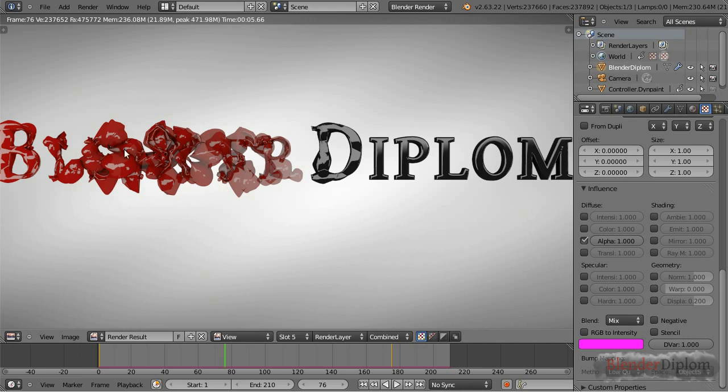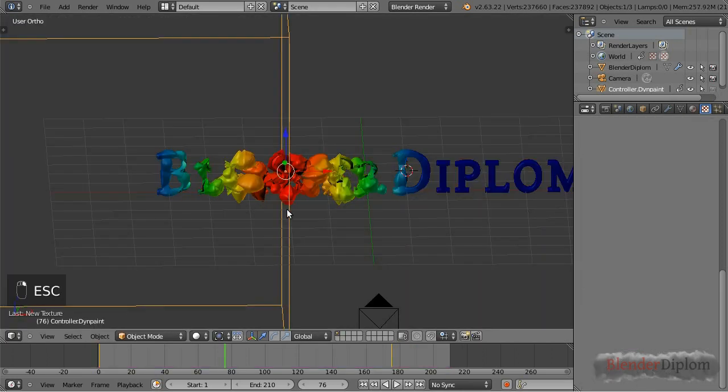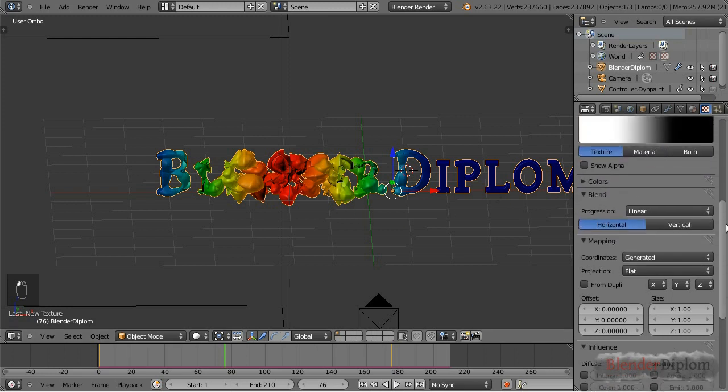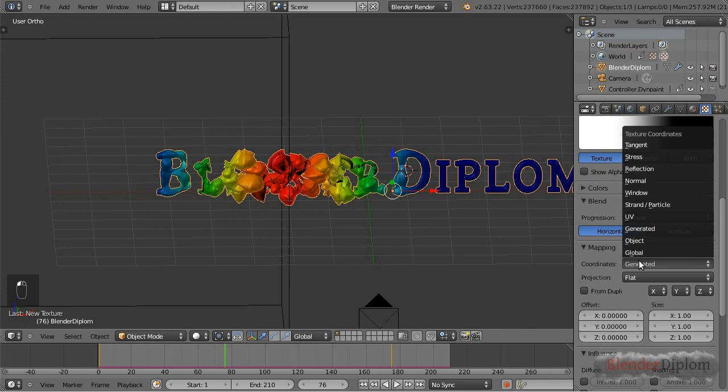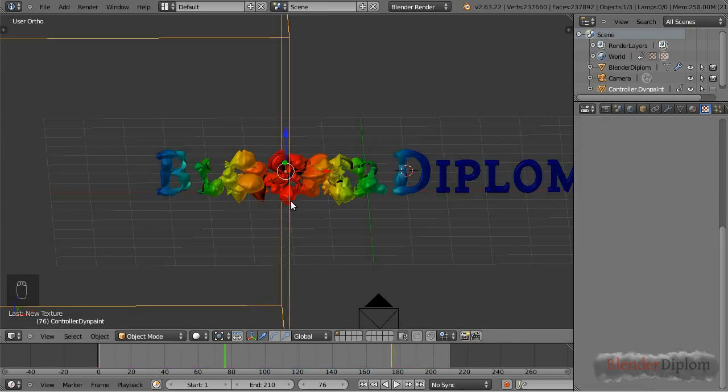We see a kind of fade effect, but it's not at the point of the strongest part of the displacement where I'd like it. But in Blender Internal we can easily change this by changing the mapping towards object, which will mean now the object we're going to select, and I'm going to select the controller, will project its coordinates onto our other mesh, and thus we can have a very good control over the place where the fading will